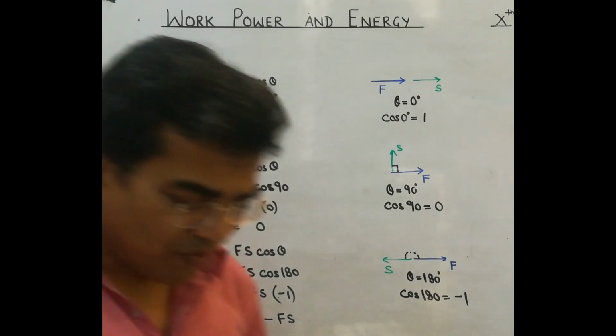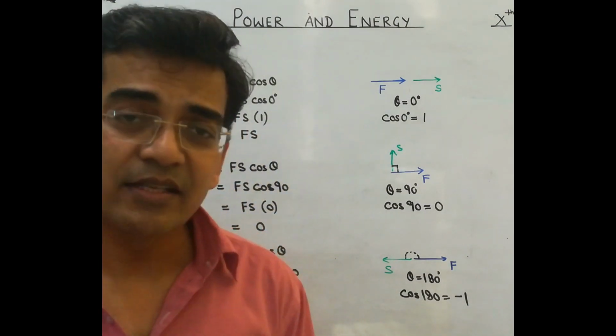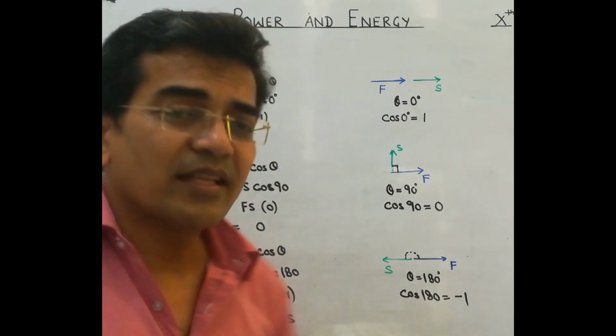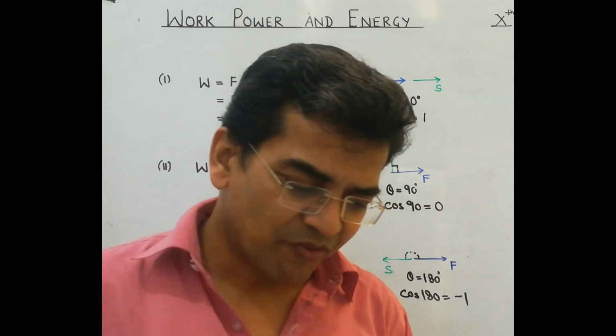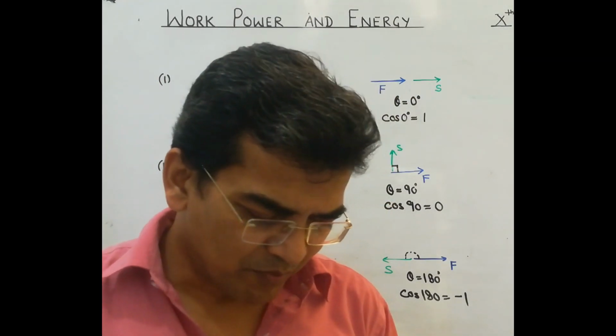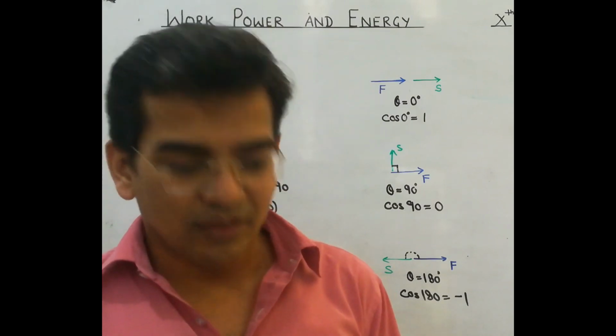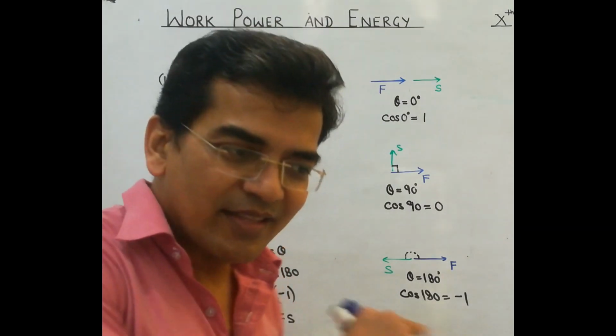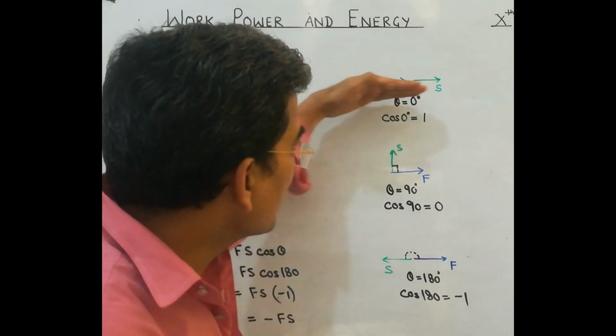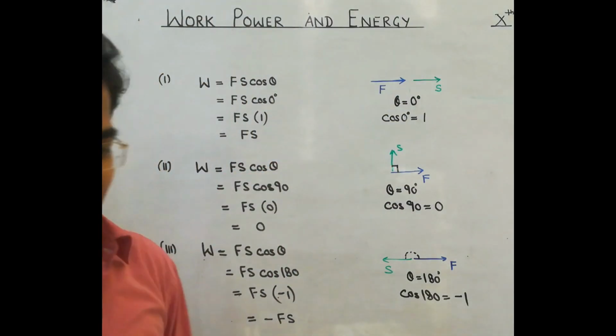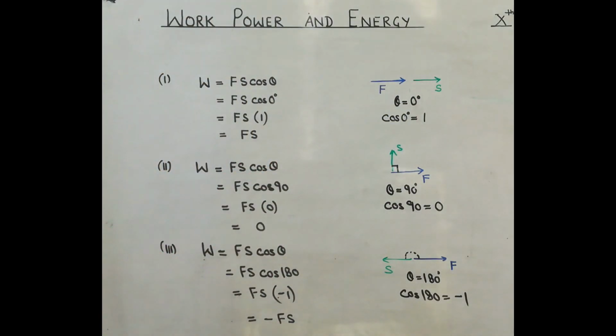So in the notes, we have given you case 1, case 2 and case 3. These are the three cases that we have discussed over here, and we have also given you a few examples. See, a man pushing a car or a table. In those cases, we say that force and displacement are in the same direction, so the angle is 0 degree. Then we have given you the next example of case 2.